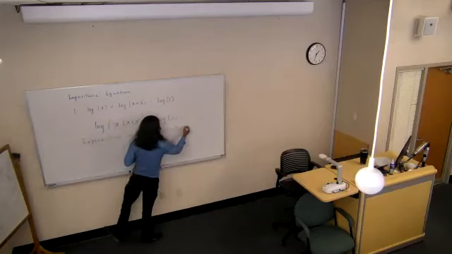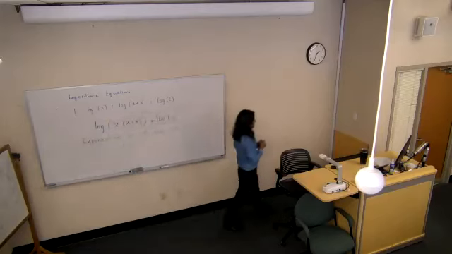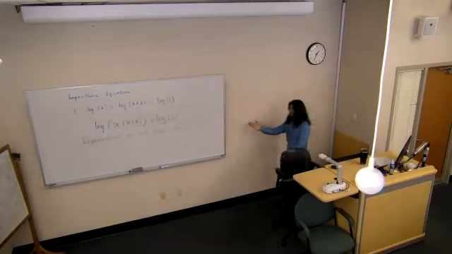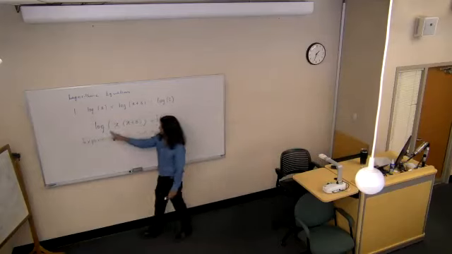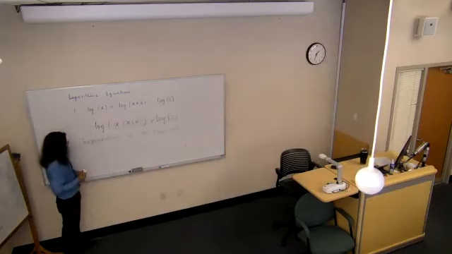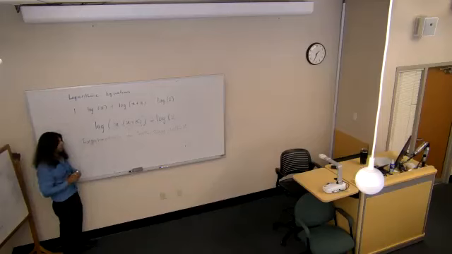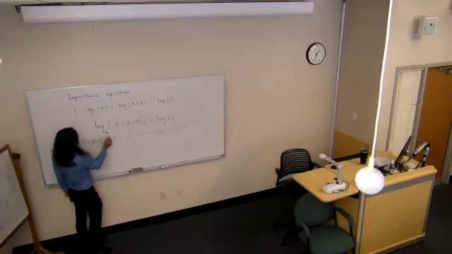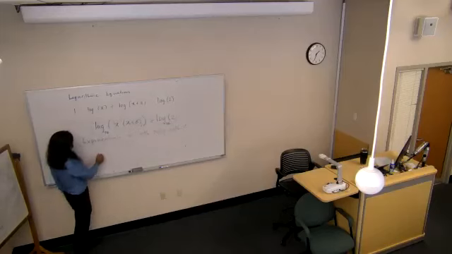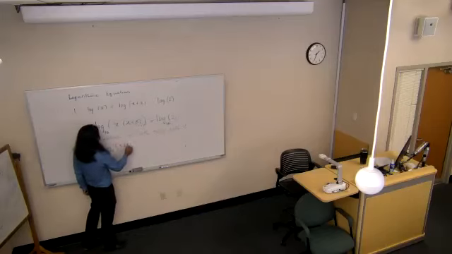With 10. And Emily, why is it 10? Why could I not have used 8? Because the base is 10. So 10 here, 10 there. Since it is base 10, I have to raise it to the power of 10 on both sides. An easier way to remember, you can put that 10 just for fun. So 10 raised to log base 10 of x times x plus 3